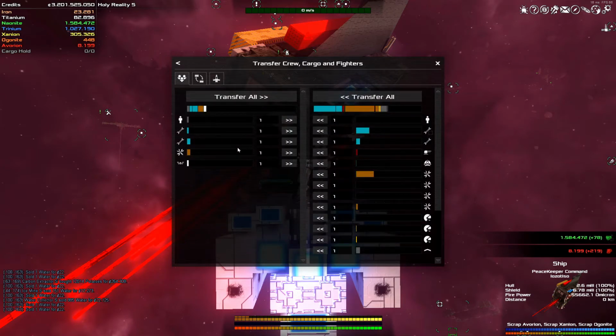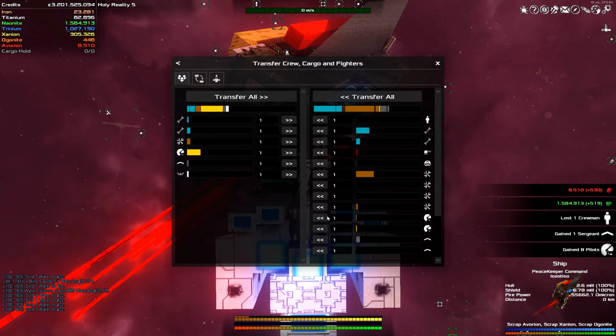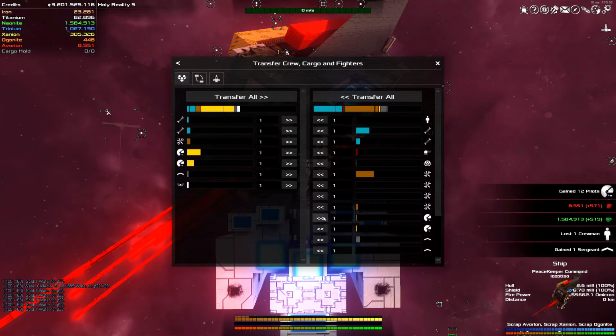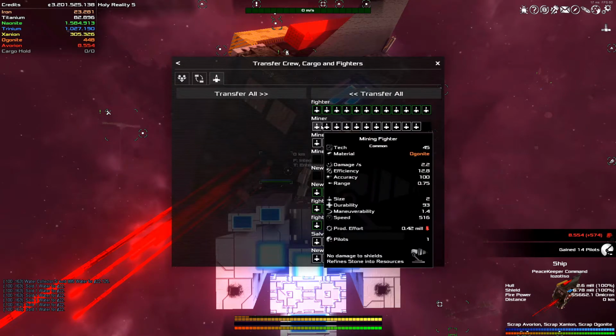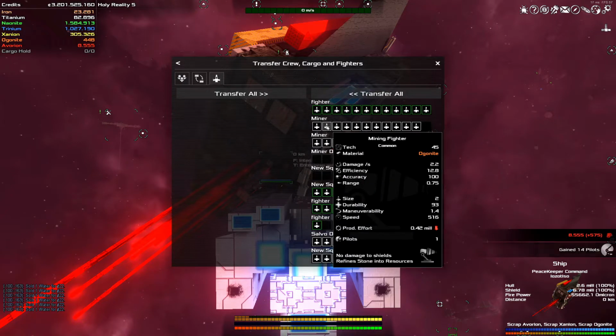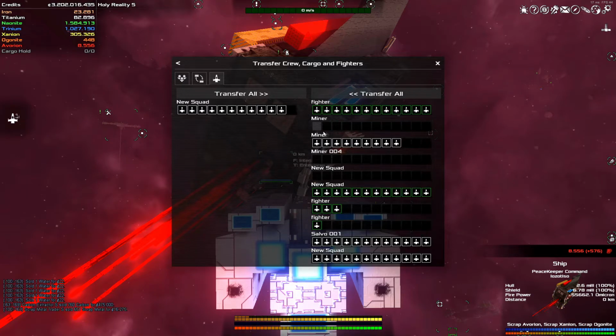So, we're going to need 14 pilots. So let's see. Let's get these. So we have 8 here. So 1, 2, 3, 4, 5, 6, 7, 8, 9, 10, 11, 12, 13, 14. So that should be 14 total. There we go. And each of these miners only takes, you can see, 1 pilot. So we're just going to do 1 through 14. And there we go. That is a fully